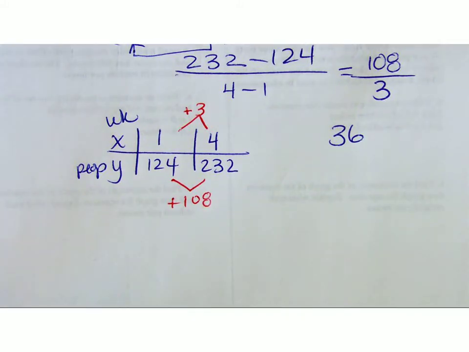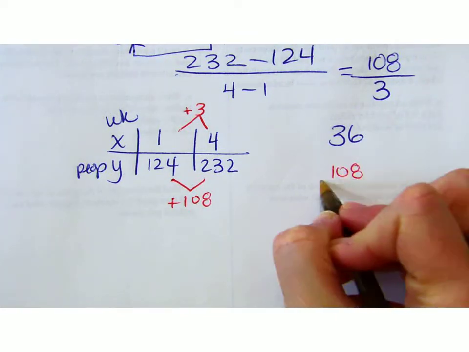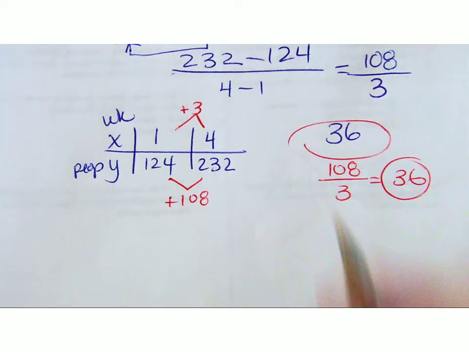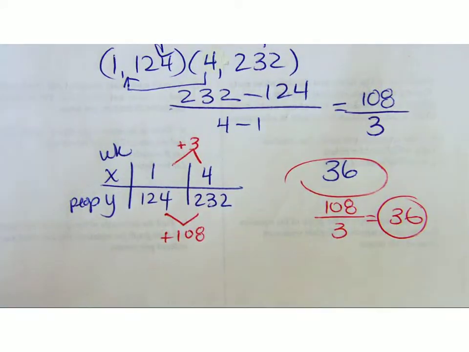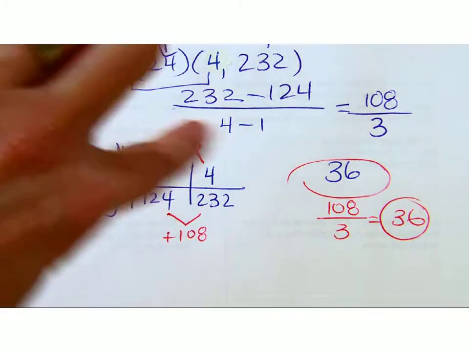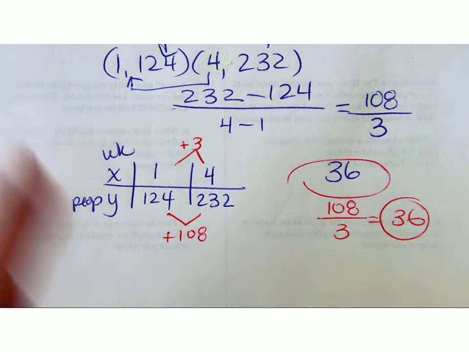That's okay as long as you remember that when you divide, you do the change in Y divided by the change in X, and you're going to get 36. It's just a matter of preference. I have a lot of kids make mistakes with this formula. So if you never want to use that formula again, could you just put it into a table and do it that way? Sure. That's totally up to you.